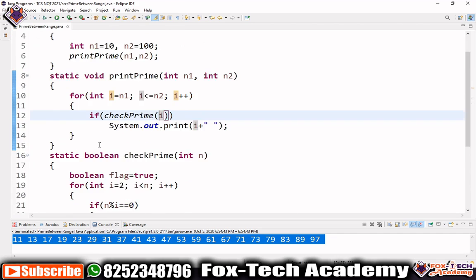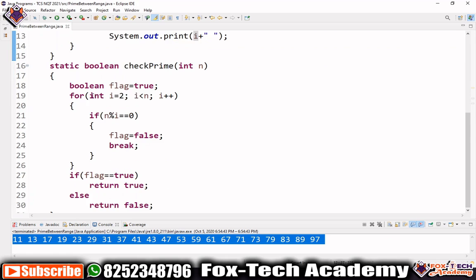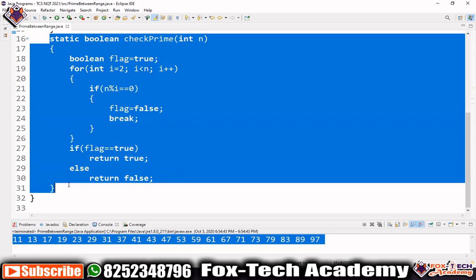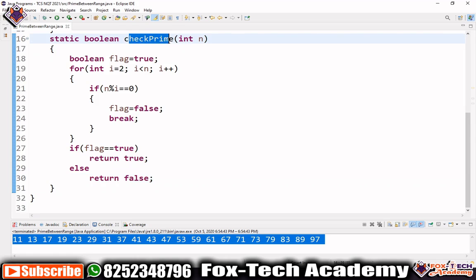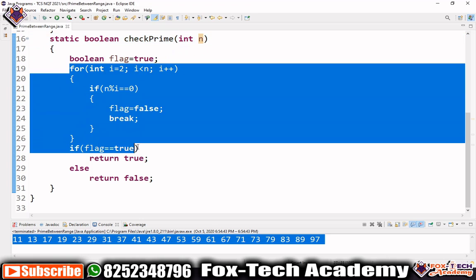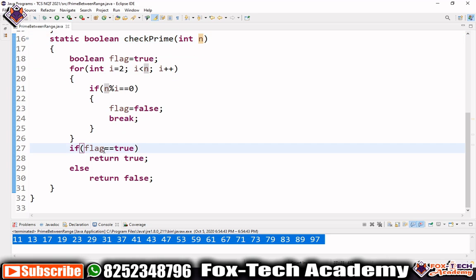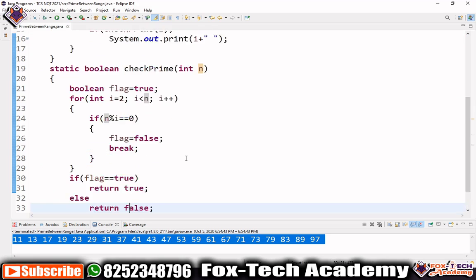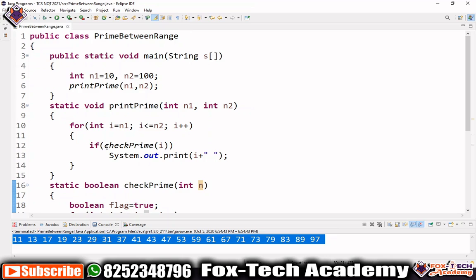This checkPrime method takes one argument, a number, and checks whether that number is prime. Here you can see the logic for prime. If the number is prime, the function returns true, otherwise it returns false.